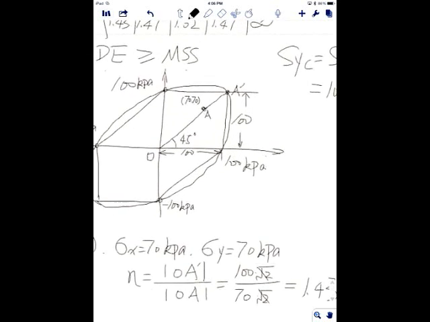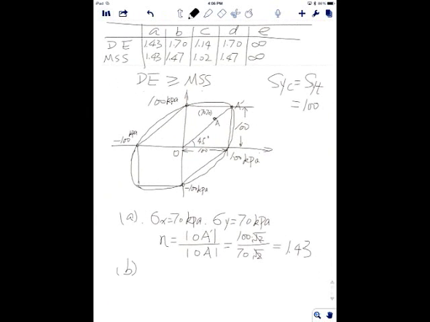Now B has a stress state of, kilopascal, 40 kilopascal, and also we have negative 15. And we did calculate the principal stress equals to 68 and 32. This is what we calculated, right?